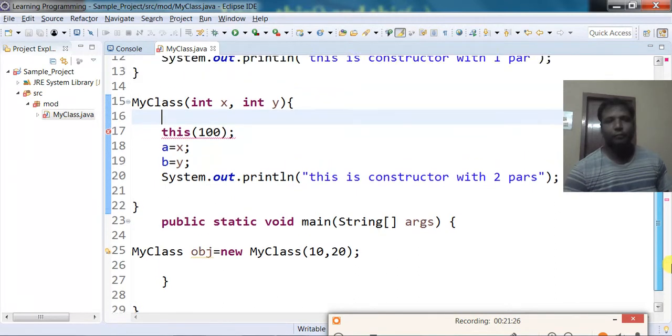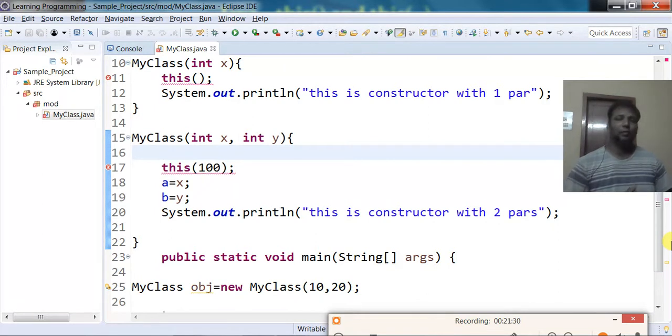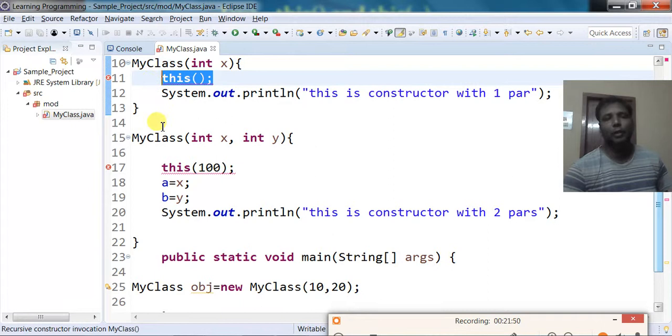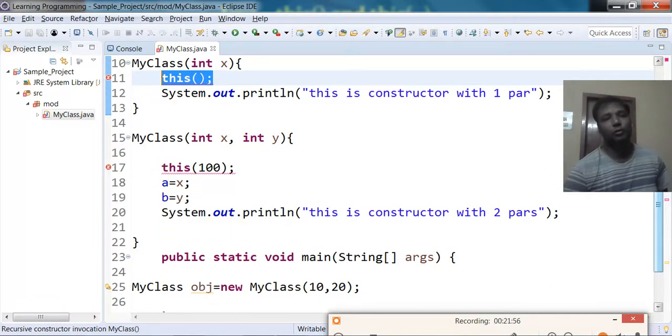The main concept is that this is a Java inbuilt keyword, and it is used for calling one constructor from another constructor. If you want to call the default constructor, then you have to use this without any parameter. If you want to call a parameterized constructor, you have to use this with